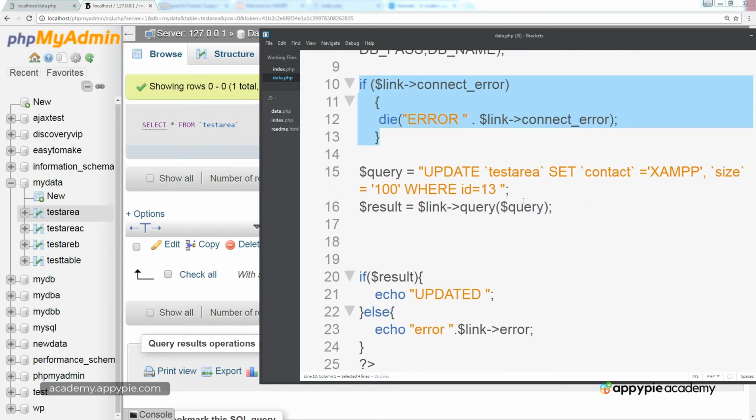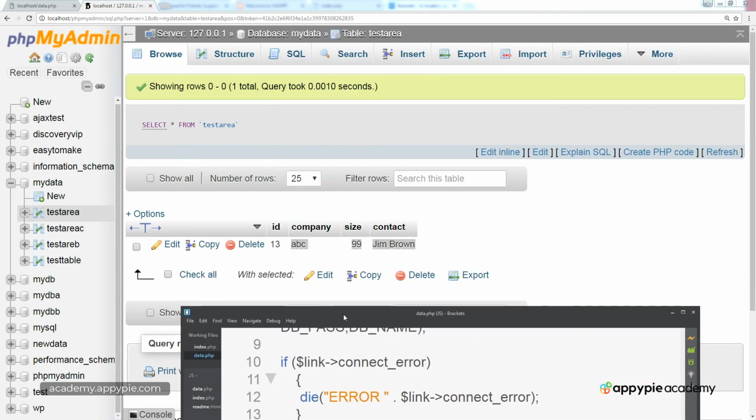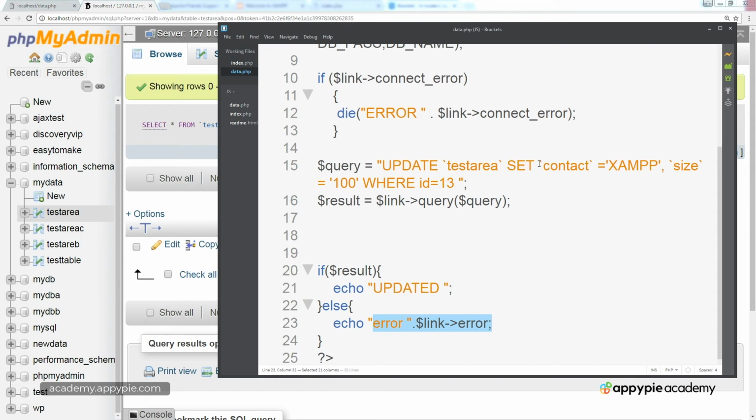Then I've created a query here, and I'm just going to run my query, and I'm going to check to see if my query was run, and if it was run, then I'm going to write out updated, otherwise I'm going to write out an error. So what it's going to do here is it's going to make an update to contact, and maybe we'll also update the company. So we'll do something like this, and we'll change this to company, and company will be XAMPP